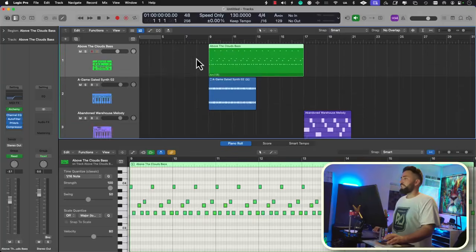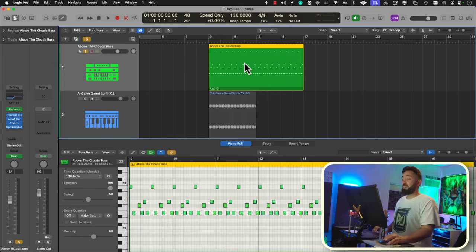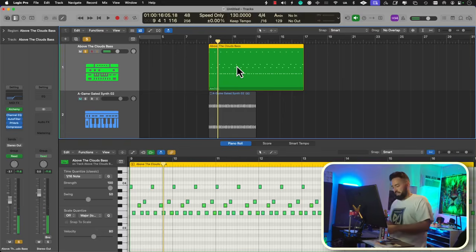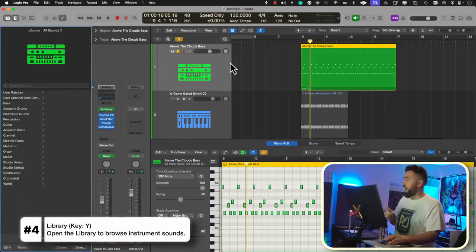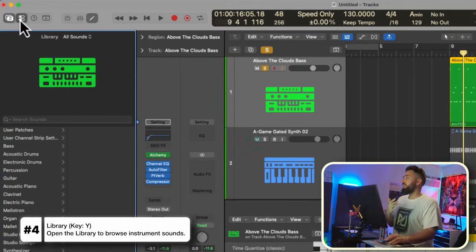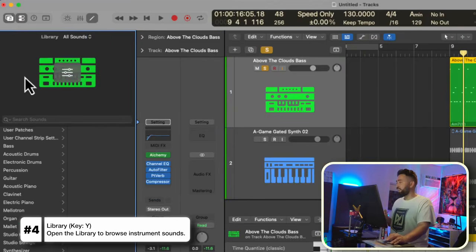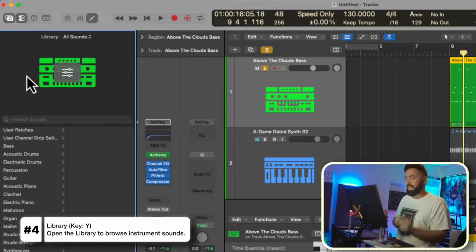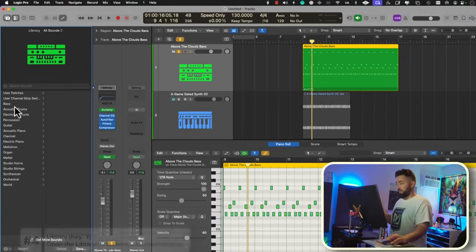The other part of Logic Pro is selecting the sounds. So if we listen to this sound up here, I have a bass, but maybe I don't want a bass. And if I click on the key command Y, that would be the library. Top left of the screen, you can see the icon there. I get to replace that sound if I wish. So instead of a bass,